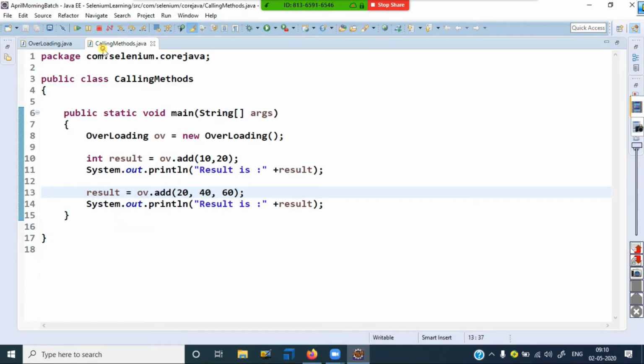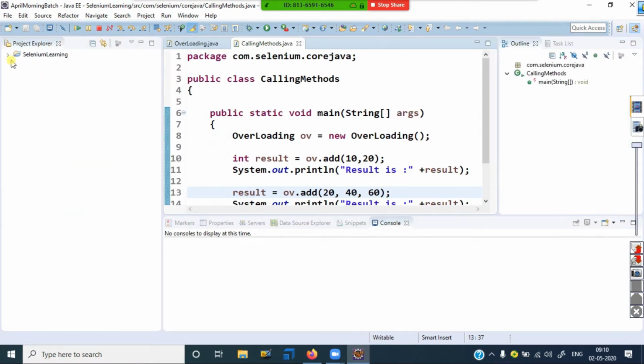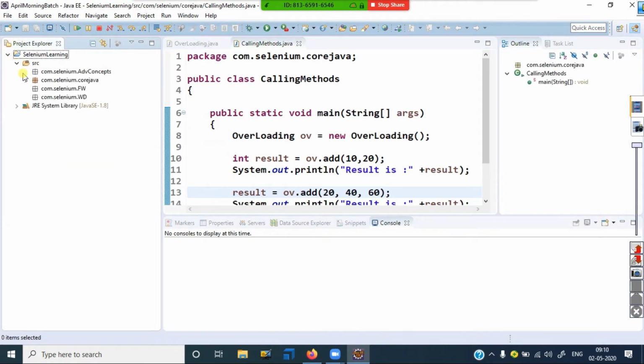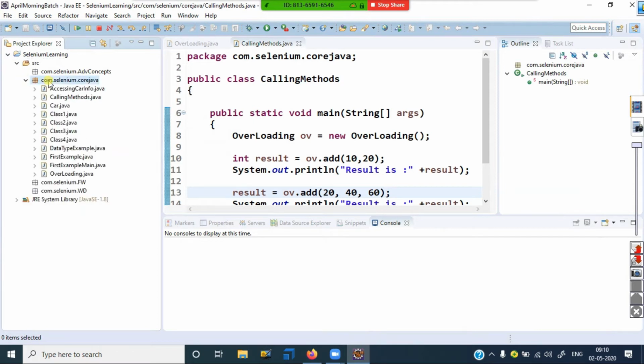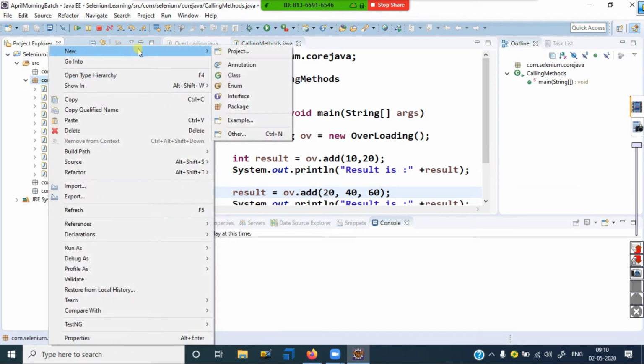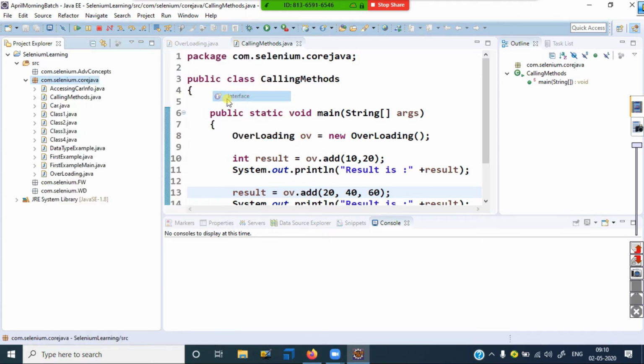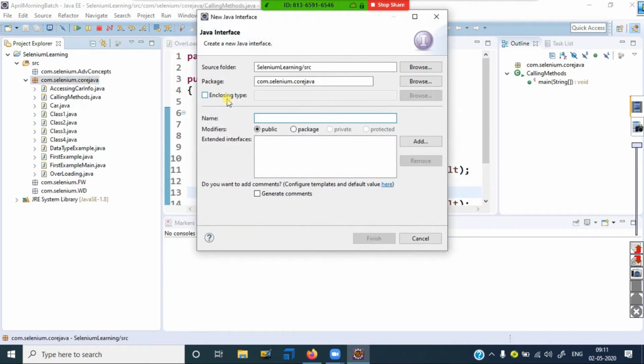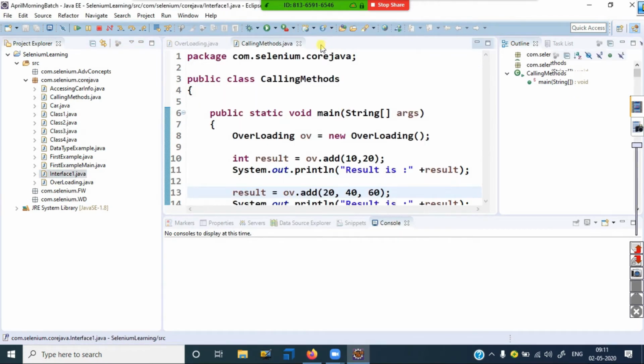So I start by opening my interface, my class. I'm going to our package level. This is our project, and we have the packages. Now start creating. Right click on the package, new. Before, I selected class; now I'm selecting interface. See, the interface symbol is I. Remember, class symbol is C, interface symbol is I. So I'm creating interface 1. I'm giving the name itself, Interface1. Finish it. Now it's created like this.